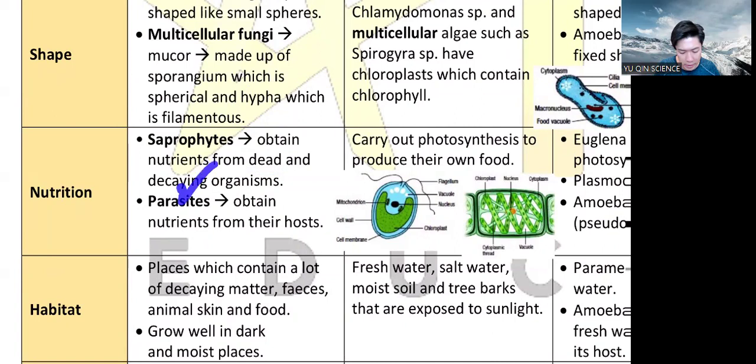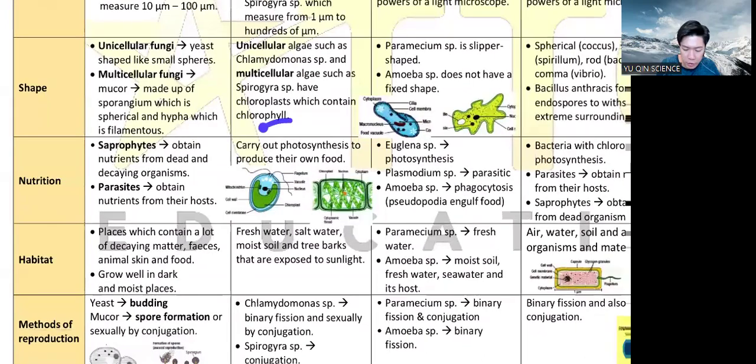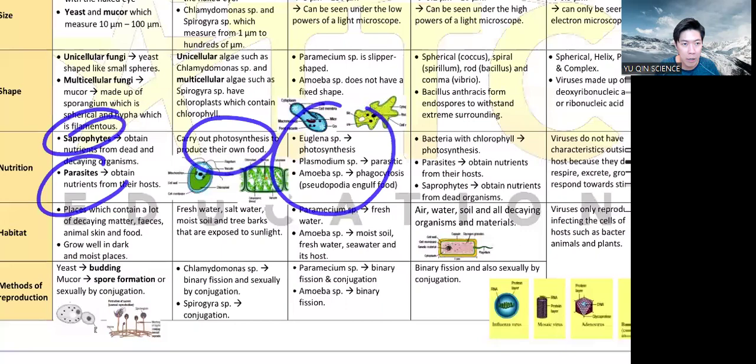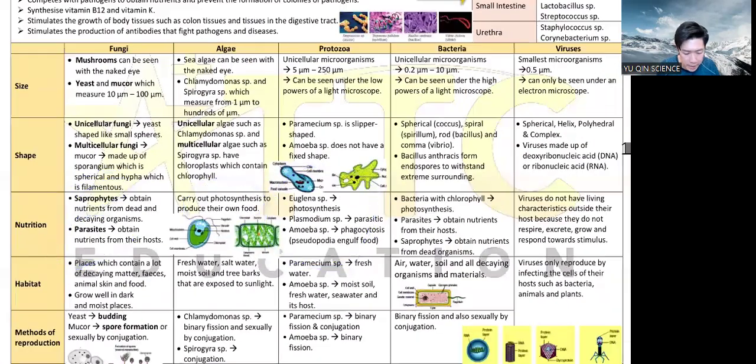Fight. Parasites are those that make you sick, like COVID-19, bacteria, virus that stays in your body as you as the host. So generally, these three types all share the same idea. I would say fungi doesn't have photosynthesis because fungi have no chlorophyll, the green part in microorganisms. That's why they don't photosynthesise. If you want photosynthesis, you must have chlorophyll, the green color thing on the leaves, right?